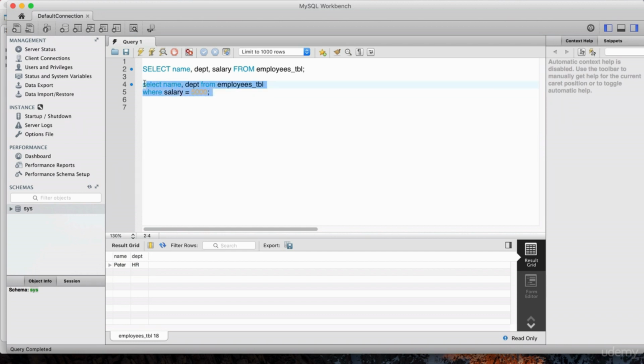So this right here is considered a query. That's what people refer to it as, because it's essentially a question we are asking the database. We're saying which employees have salary that's equal to 1,000, and we give this command, we send that command to the database, and the database gives us back this result. This result is referred to as a result set, and this terminology is going to be more relevant when we